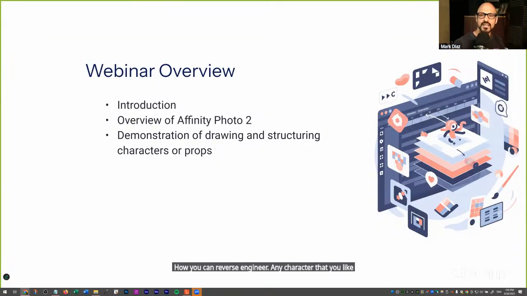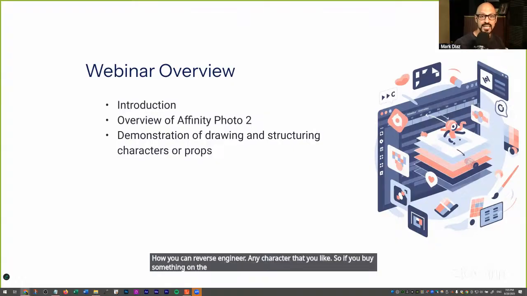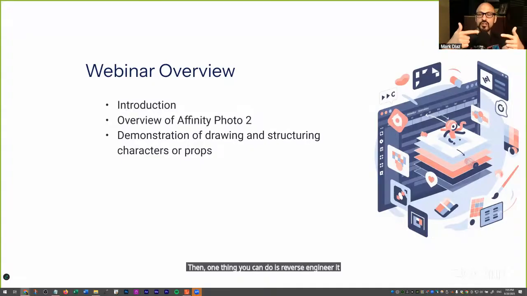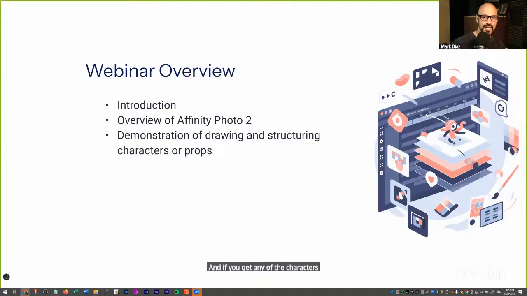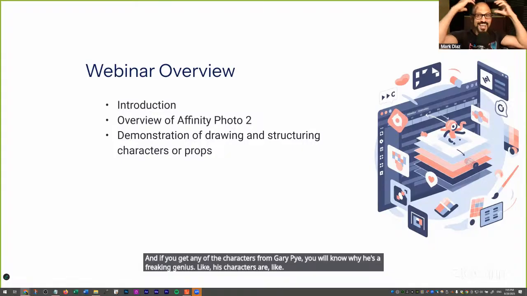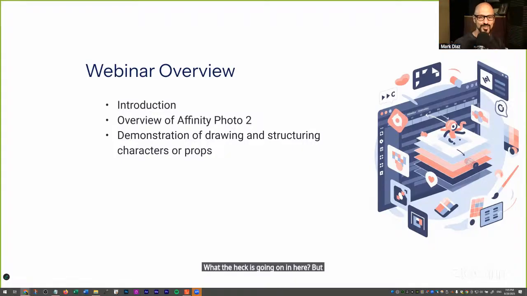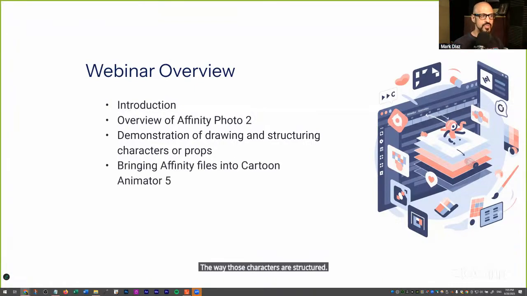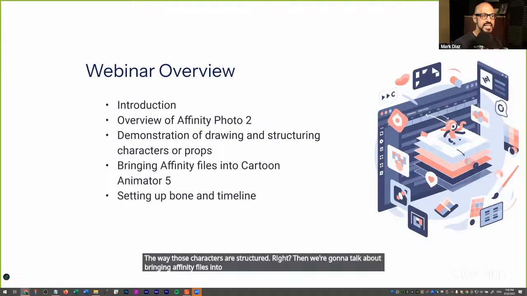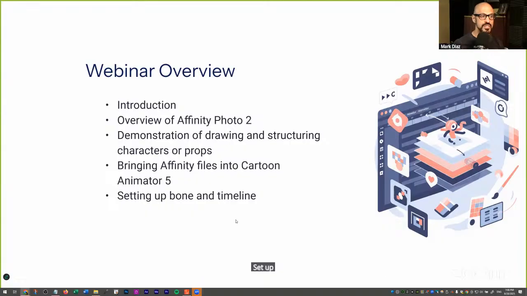So if you buy something on the marketplace and you really like it, one thing you can do is reverse engineer it so later you can create something similar. And if you get any of the characters from Gary Pye, you will know why he's a genius. His characters are like, what the heck is going on in here? But I'm going to show you how to understand the way those characters are structured. Then we're going to talk about bringing Affinity files into Cartoon Animator 5, setting up the bones and timeline, and then